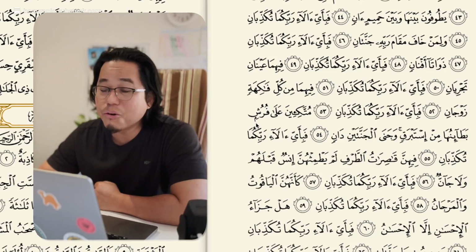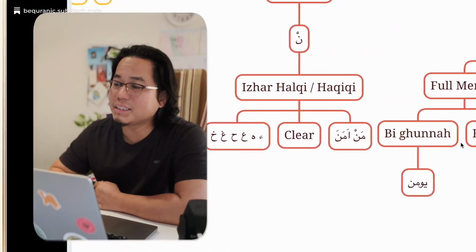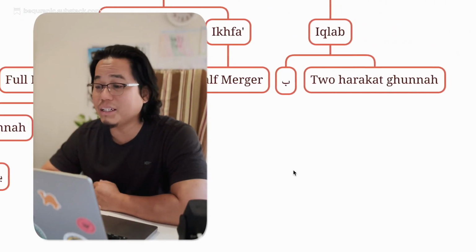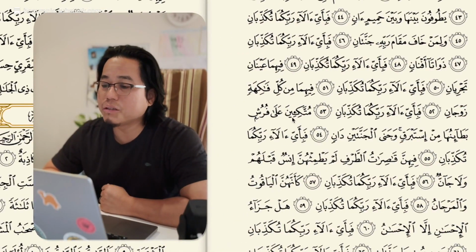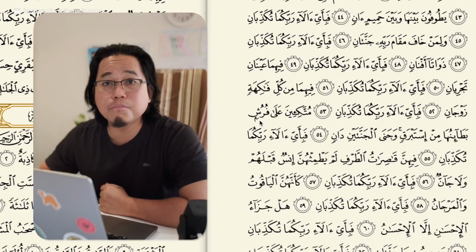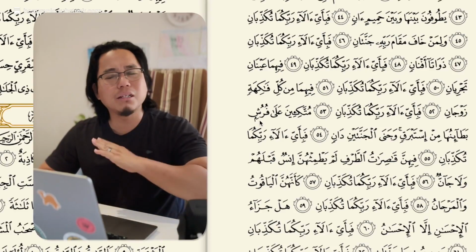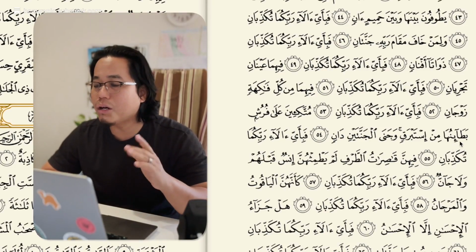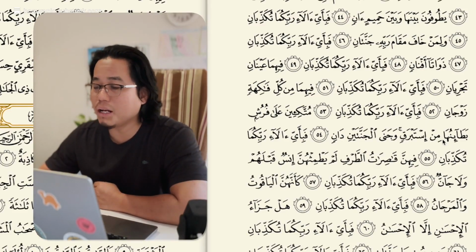Furushim. Now look at this small meme here. This is small meme with a long tail. And after that is ba. What is this? Small meme with ba. It is iqlab. How do you read it? It's a replacement. You switch it with the sound of meme. So, muttaki'ina ala furushim ba. Furushim bata. Furushim. Just replace it with a meme sound. Furushim bata inuha ta. That is a long mad, four harakat. Ha inuha, mad asli.